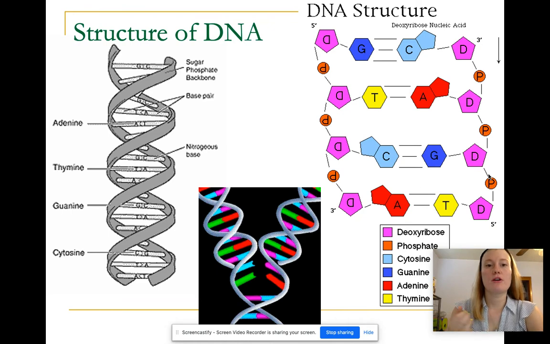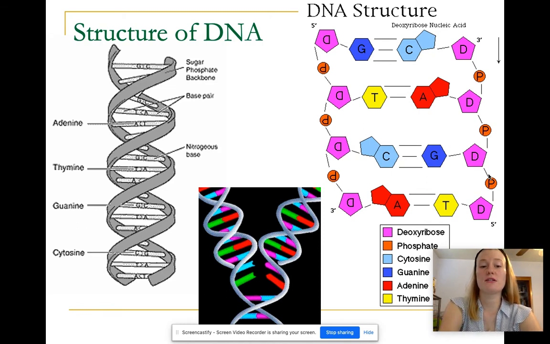Today we are going to talk a little bit about the structure of DNA and a little bit more in depth of what it consists of, so that way you understand how this relates to genetics and how we get our genes and heredity. All right, so DNA stands for deoxyribonucleic acid, and it's obviously made up of nucleic acids